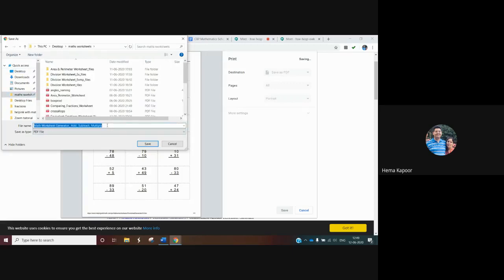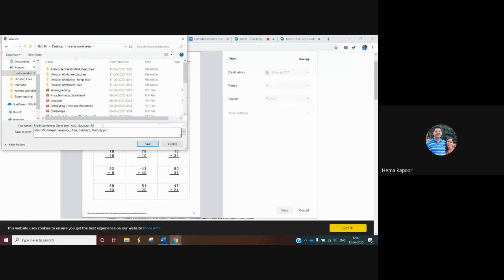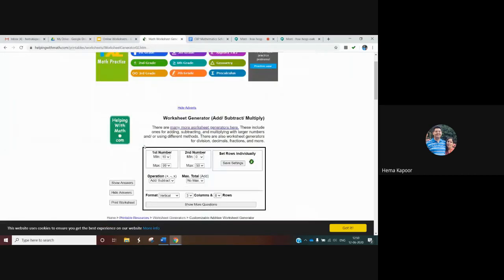And if I want to change the name of the worksheet, that also I can do. I can go for a simple name, add maths worksheet, add, subtract. Then click on save, and this is how my worksheet is saved in my computer.